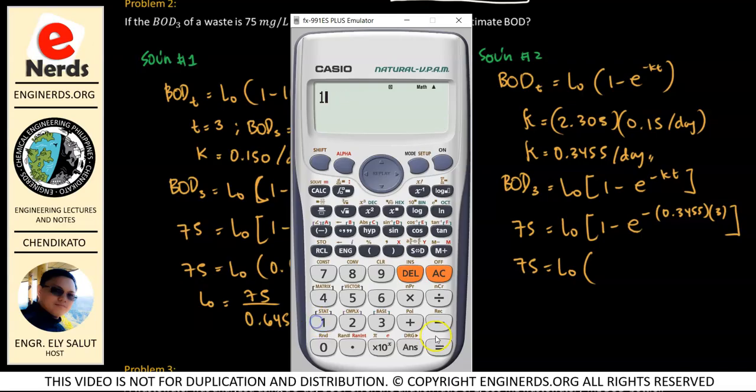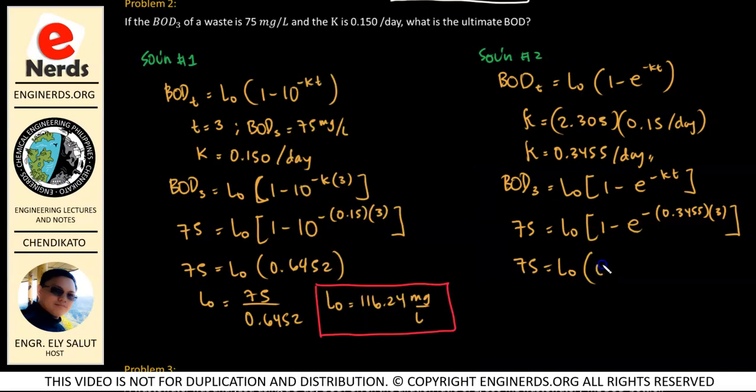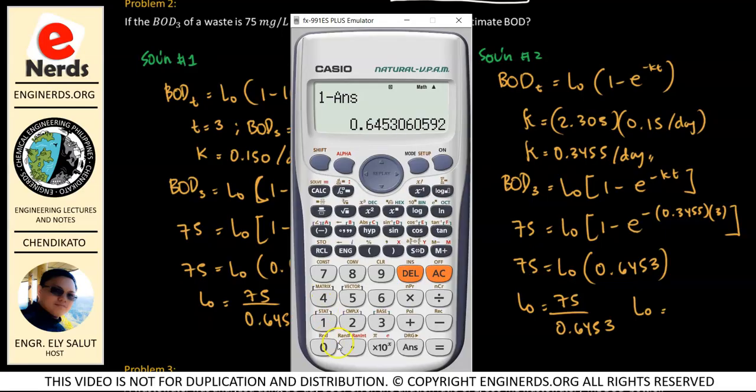Then, we will subtract this from 1. Okay, so we have 0.6453. Therefore, our LO is equal to 75 divided by 0.6453. So, our LO is equal to 75 divided by our answer. So, this is 116.22